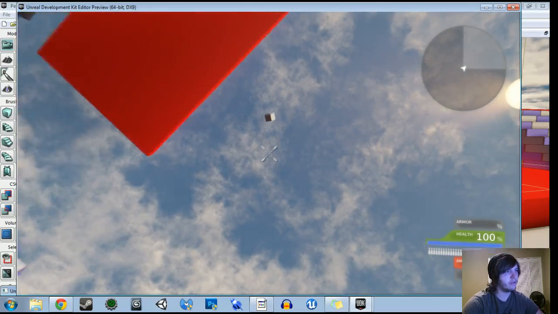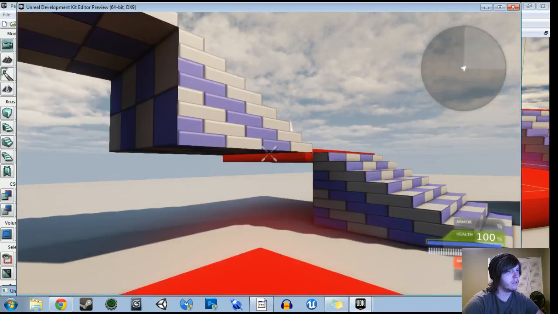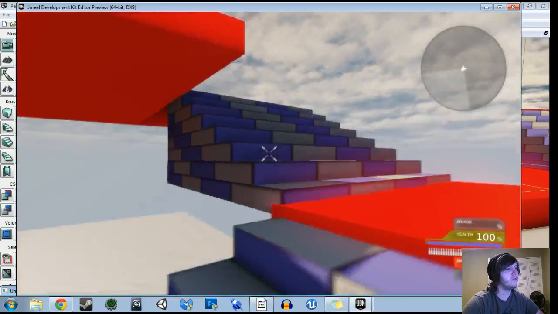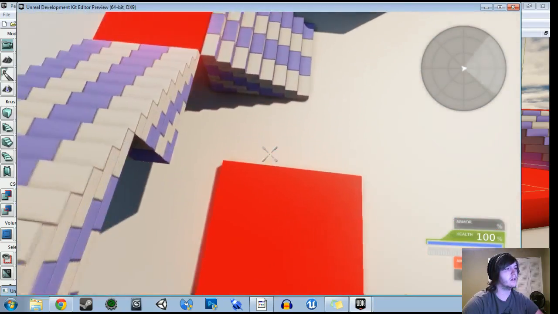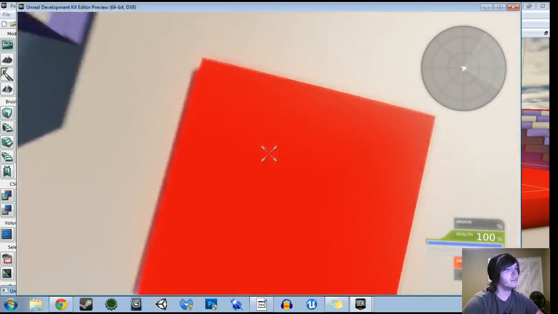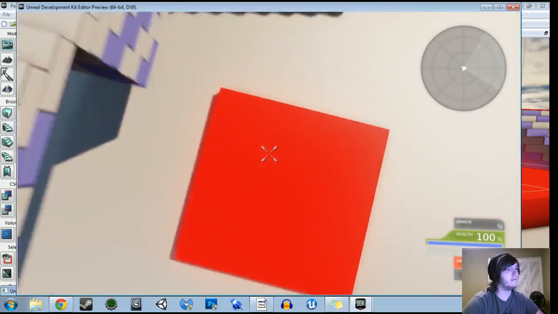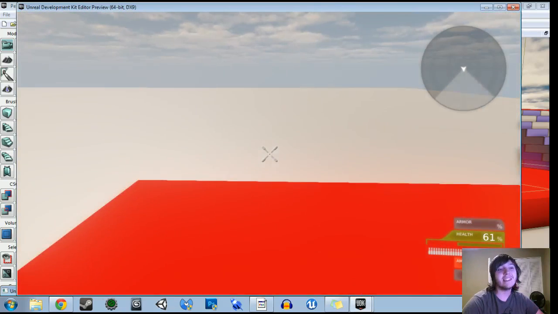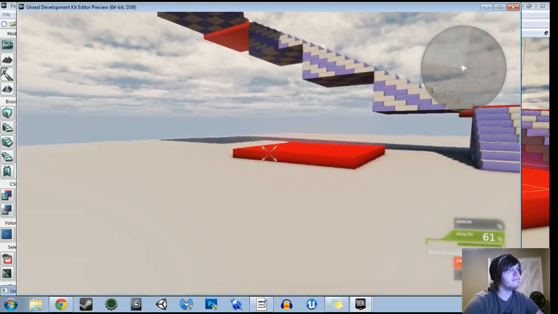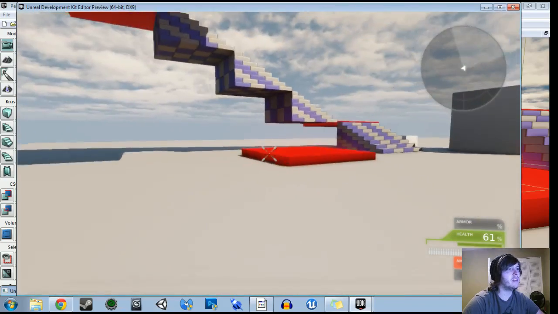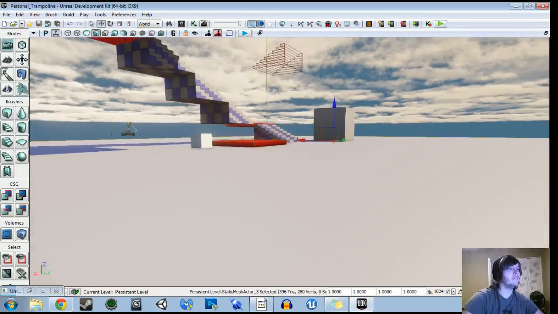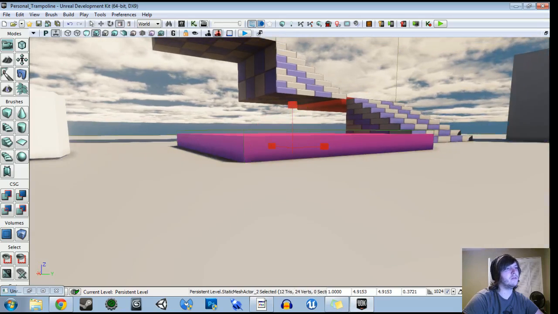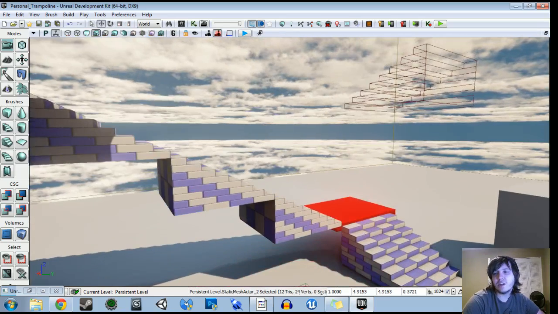Let's see if I can grab it. Oops. So we know that's working. Let's see if the player's working. Yep. So we're bouncing. And the reason why I stopped is because the collision for this box right here that's underneath, it's too close to this object. So this object would, if anything, need to be thicker for me to continue doing that,